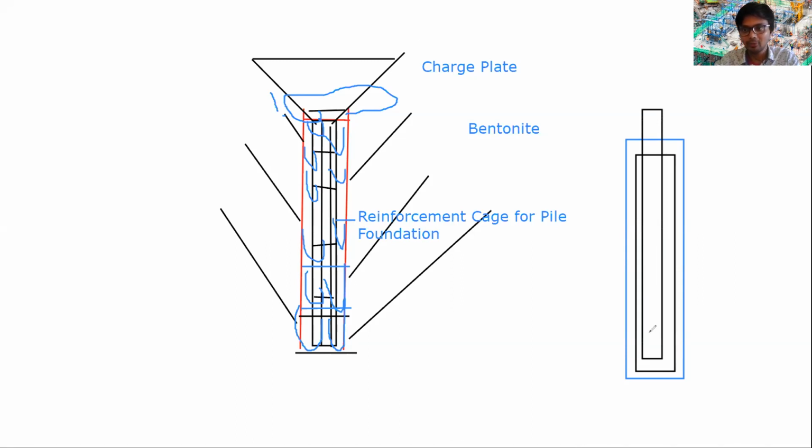When it is at this position, the flow of the concrete will be like this. It will move upwards. If there are any impurities, they will also keep moving upwards. So the upper part of the pile will have a head of some extra concrete after the whole casting of the pile is done, which will be a form of impure concrete or impurities, which should be broken. That's why the pile head is broken.